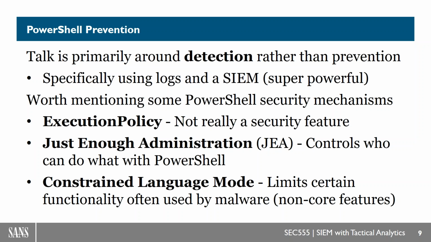Another capability that Microsoft has given us with PowerShell version 5 is Just Enough Administration, or JEA for short. This allows you to set fine granular controls on who can run what within PowerShell. I always liken this to something like sudo for Windows. So what I can do is I can say, okay, this particular group of users can run these PowerShell cmdlets, and this group of users can run these PowerShell cmdlets. So now it gives me awesome preventive capabilities, but also if someone tries to do something that they're not authorized to do, it gives me very effective detective capabilities as well. So it's going to cut a log if someone tries to run a cmdlet that they're not authorized to do through JEA. So now I can look for that in my SIEM.